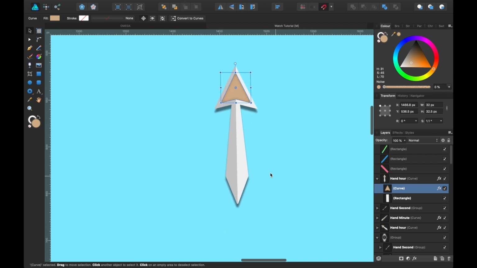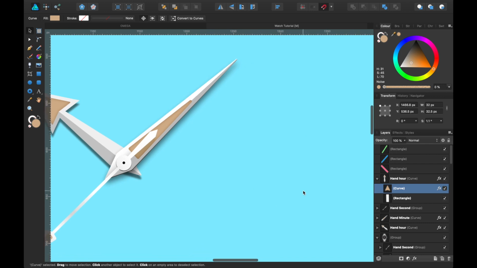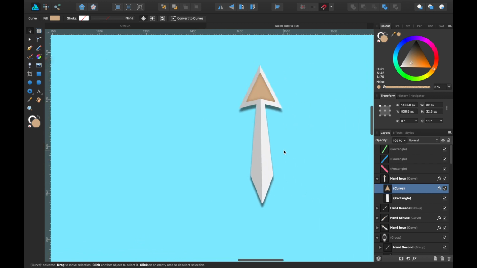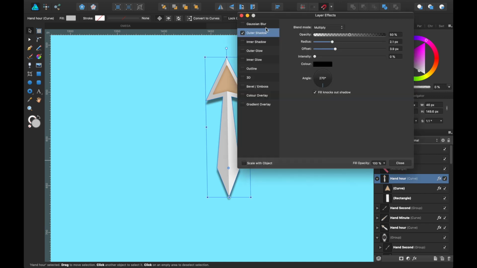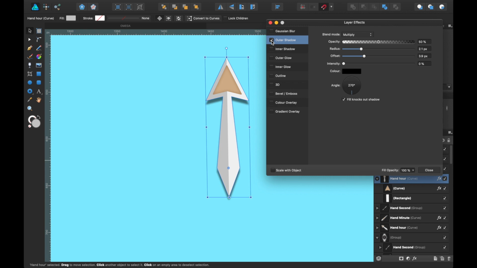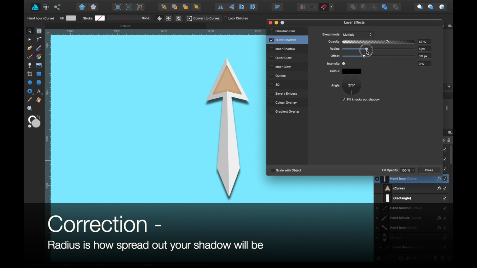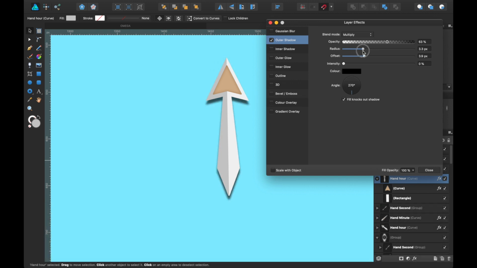And that's the main shape done, and then I also added the shadow because there's going to be light hitting the watch, and I did that. If you look over here, it's got a layer effect. So if you can see here, outer shadow, I just clicked outer shadow and then I just played around with it here. So this will give it more of a deep, darker shadow, and the radius is how far away, I suppose, from the surface it is. So as it's quite close, I just put a little bit on there, and offset how far away it is from the hard surface as well.